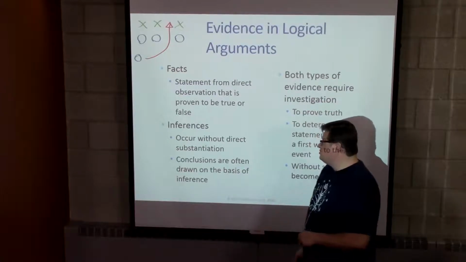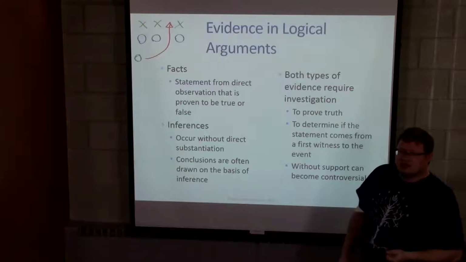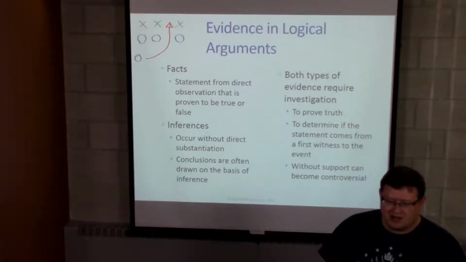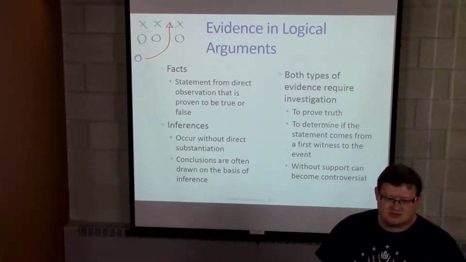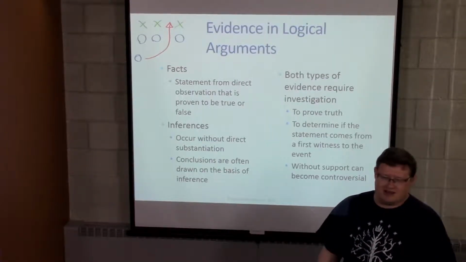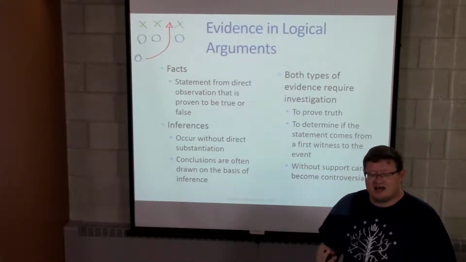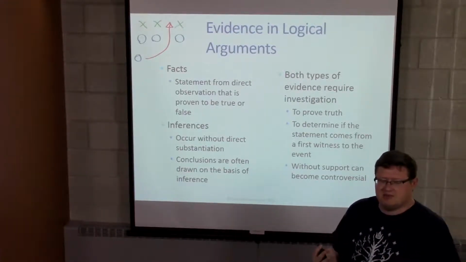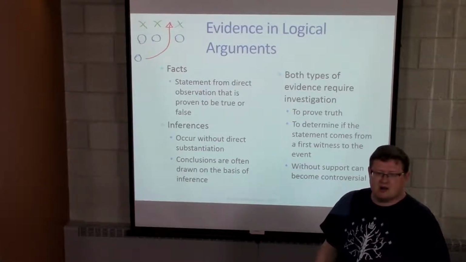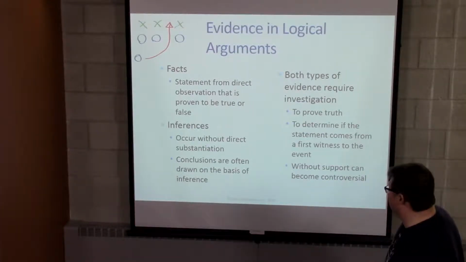idea of facts, direct observation. Potentially, we might do an inference, if we infer from some, that person has a neck tattoo, so they must automatically be a criminal or something like that. Now, obviously, that's a wide stereotype, but we make inferences all the time based upon a particular statement or something. They have a PhD. Well, automatically they must be smart, right? Or they must be an expert in that particular field, even though that's not necessarily true.